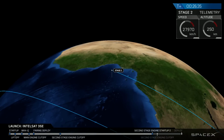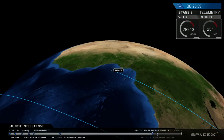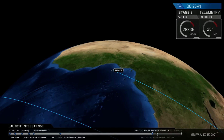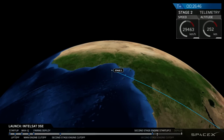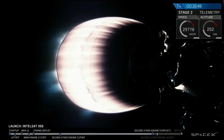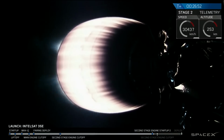We've got ignition of the upper stage engine. Hearing reports that turbine temperatures look good, propulsion looks good, chamber pressures are good. We're underway for a burn that'll last just about 60 seconds. Now, as you can see by the velocity gauge, we started the burn at just under 7.5 kilometers per second